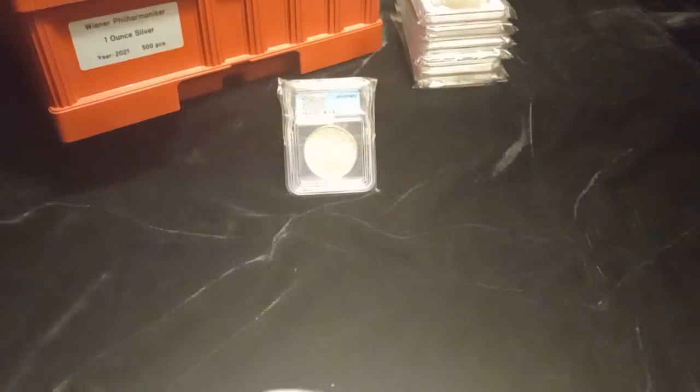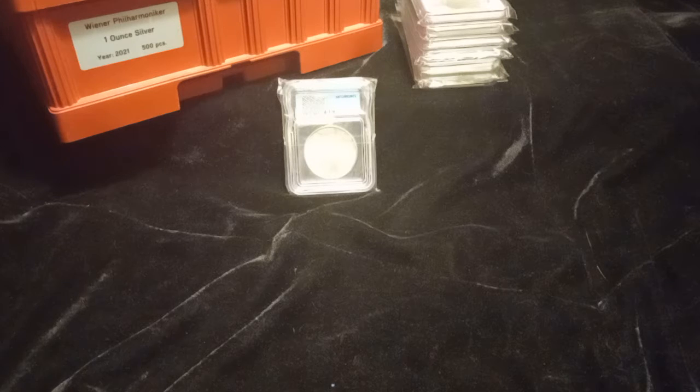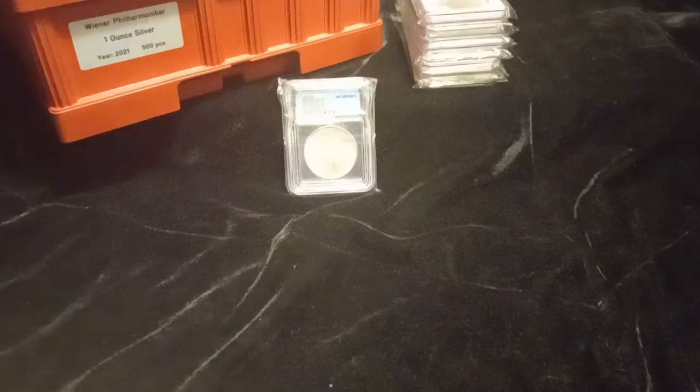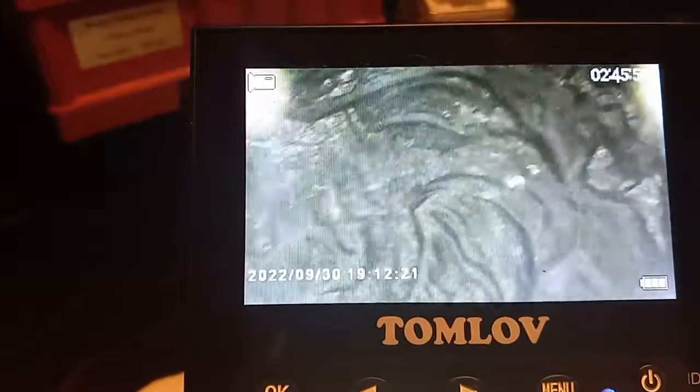There's also another, let me get these out of the envelopes. There's also another topic while I'm talking about these and while I'm showing you these, and that is going to kind of make this a my thoughts video too, about what do you do when you're looking at coins at your local coin shop. Is it ethical